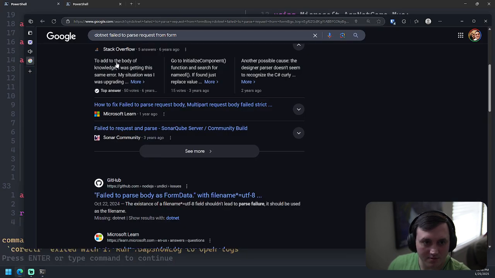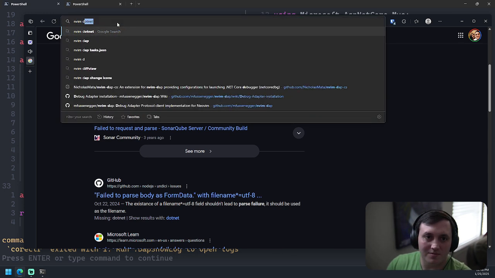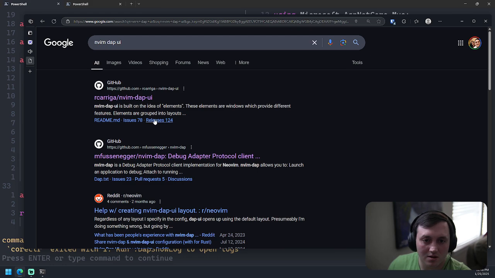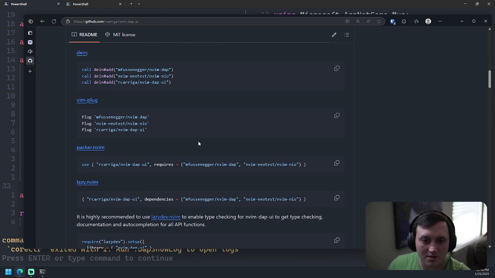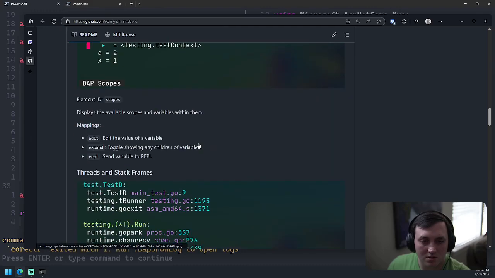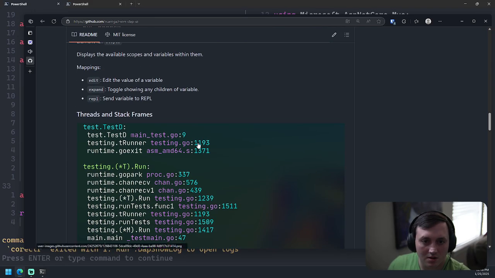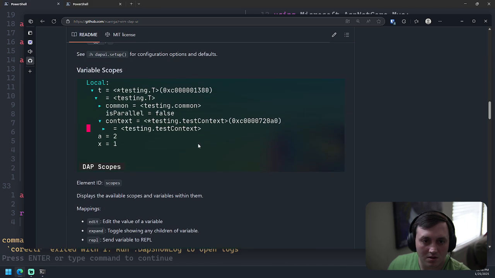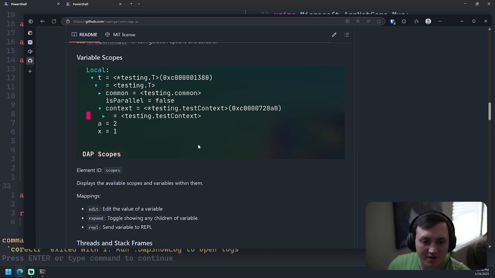Let's look it up. In app UI. Let's see. Edit the value of a variable, expand.